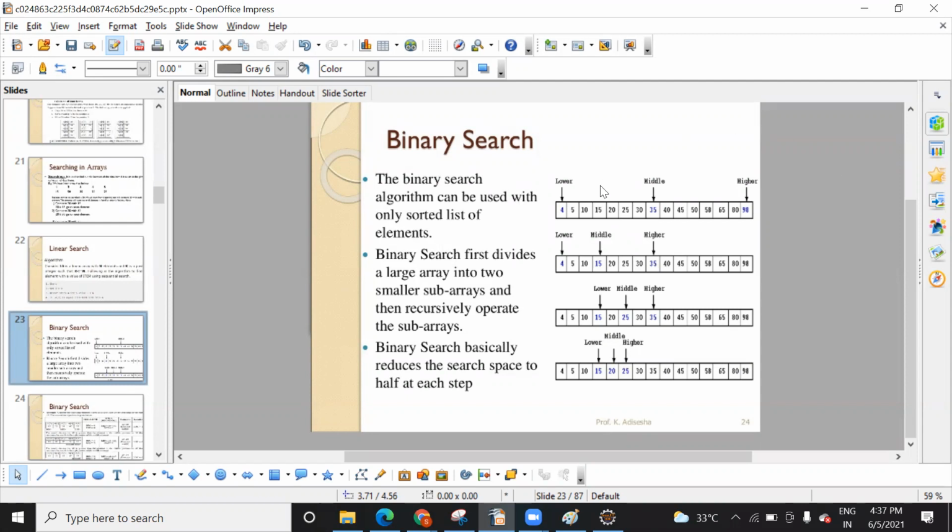So here lower plus higher will give you the middle element index. Once you find the middle element, you will check whether your target element is lower than this.